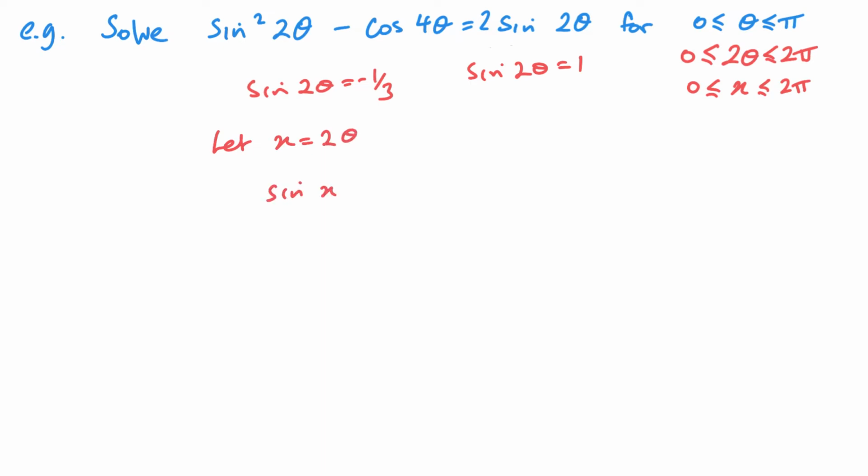So I got sine x equals minus 1/3, or sine x equals 1. And I prefer to do it this way, as I find that most students who do it this way don't make mistakes, whereas a few of the students that keep it in the form 2 theta will often make a mistake when they're finding their additional values. Now, just thinking of the CAST rule for both of these,